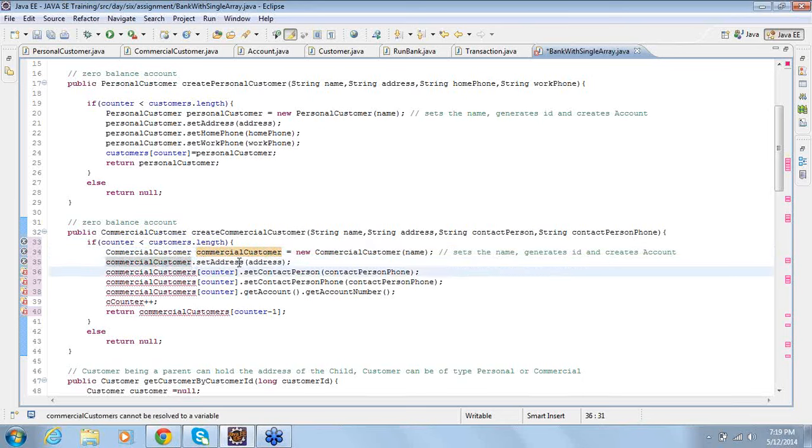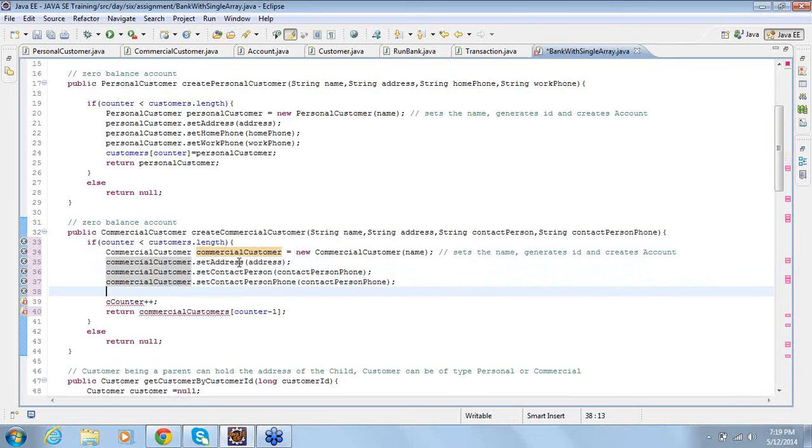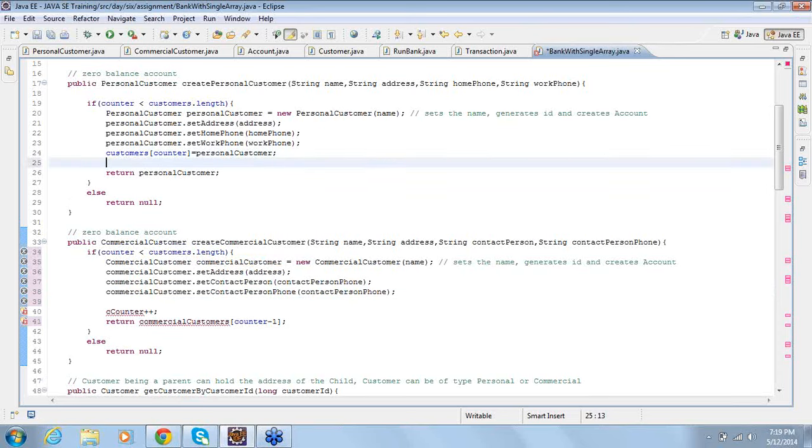Set address. Set contact person. Right. Why are we doing this? We don't need to do this now. Yeah, here one more thing: we need to increment the counter. Here also the same.